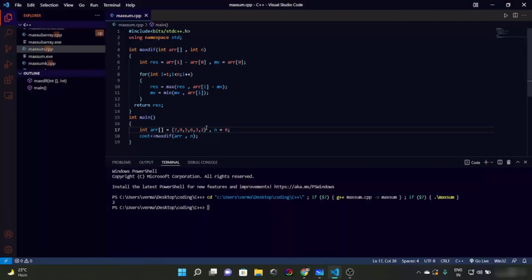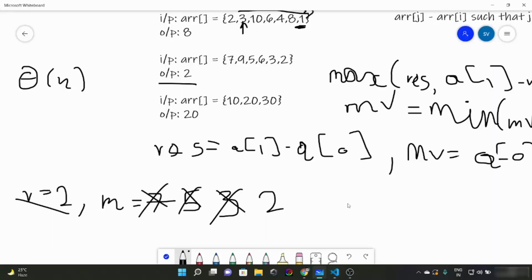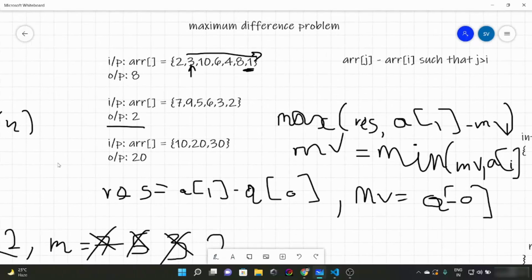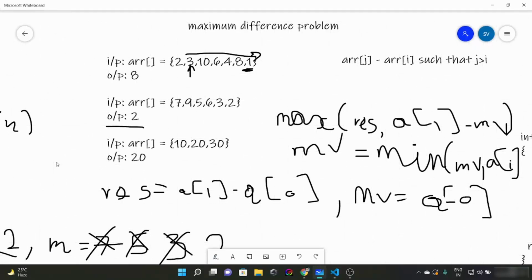And let's do the third example also, just to verify it once more. Let 10, 20, 30. Right? Output should be 20. Output is 20, right? So yes, this was all for this video in the maximum distance problem, where we discussed